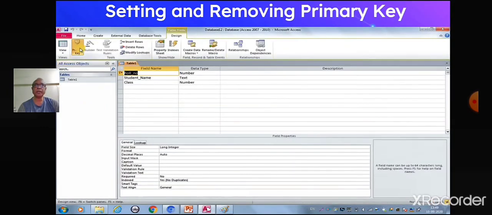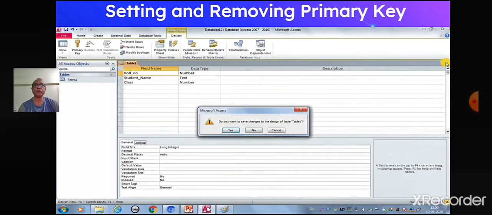Click on Primary button in the Tools group on the Design tab. The small key in the row selector will disappear. The primary key works as a toggle to turn key fields on or off.